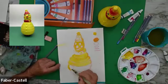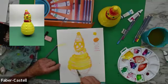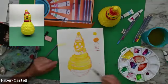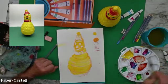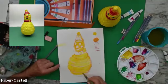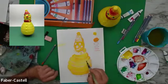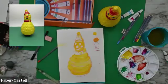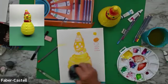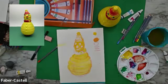Now, once I get most of the colors blocked in, we're going to have a little divergent activity where I've already done another one of these. Since the one I'm working on now is going to be wet, I don't want to use pencils on it until it's totally dry, and that would overstep our allotted time. So I did another one that's very similar and is good and dry, so we can talk about how you can do a multimedia project using the pencils as well as the paint. If there are any areas where I think, oh, I got that way too dark, you just pick it up. The sizing of the paper gives you a little bit of work time to change things. Okay, so let's go